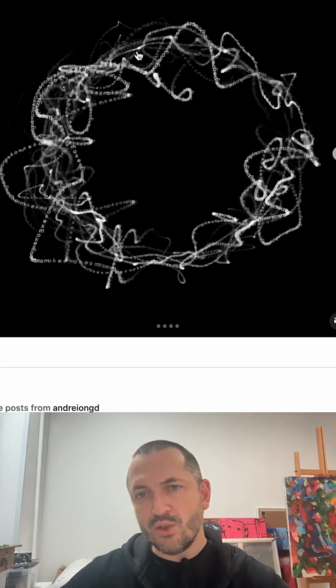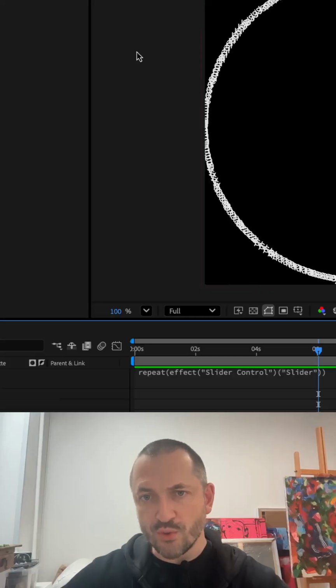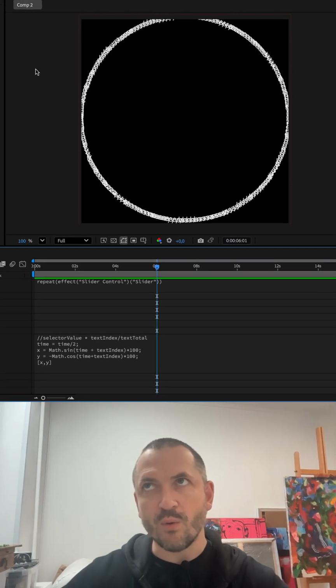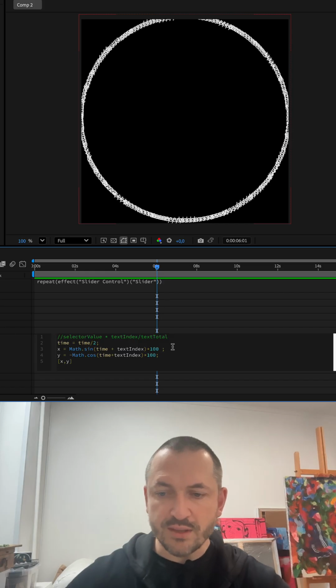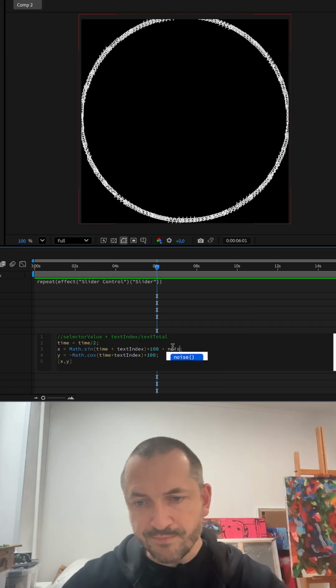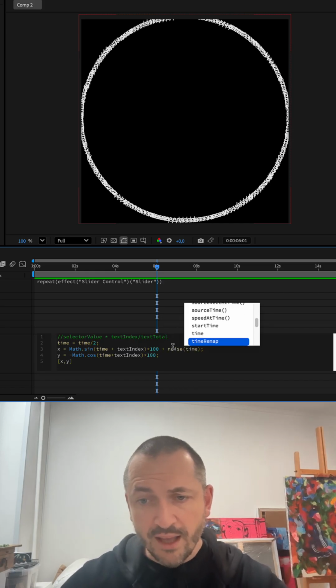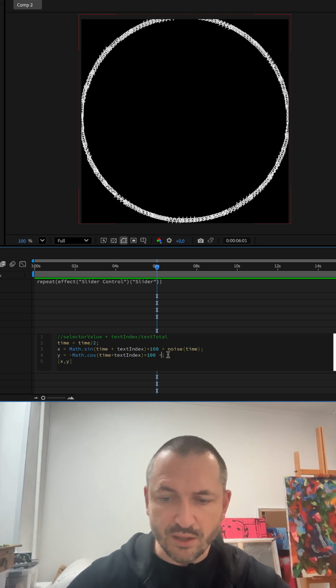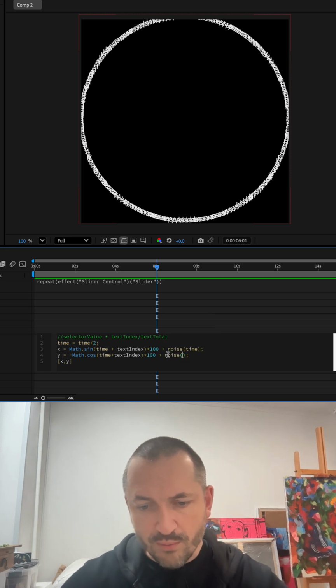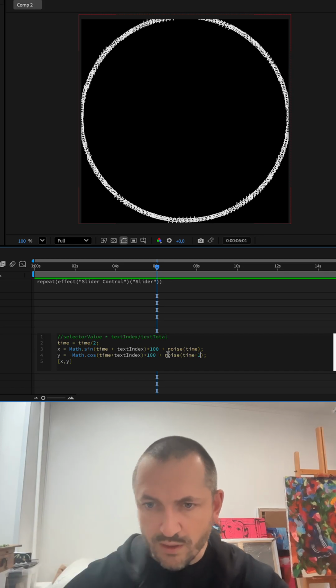This is what you can call wiggle, but wiggle is actually a function which uses noise. So we need to add noise plus noise from time in x, and here we need to use noise from time plus 1, at least 1.